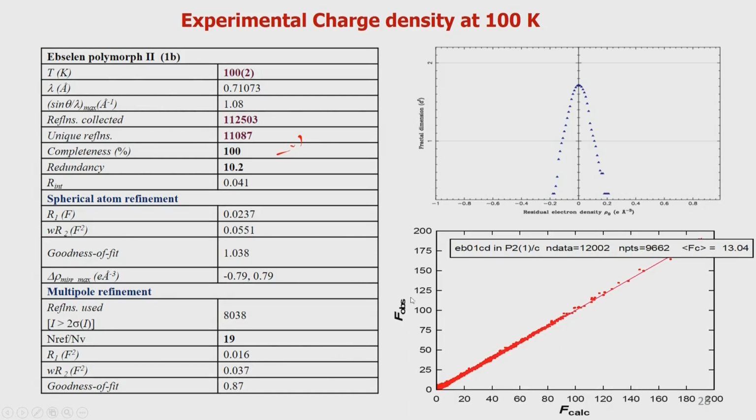In fact, if we compare this to F obs versus F calc, you see this line in which we have plotted every reflection that has been measured, and you see they follow a beautiful straight line, saying that there are not many deviations between the individual F obs and F calc measurements and calculations. So, this essentially represents very accurate data. It is P21/c, as I mentioned, a monoclinic system.